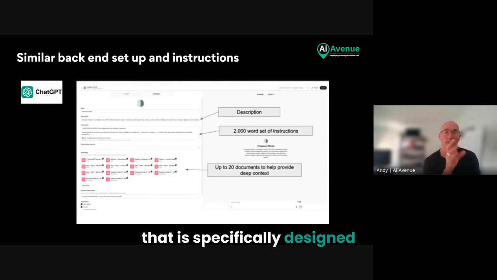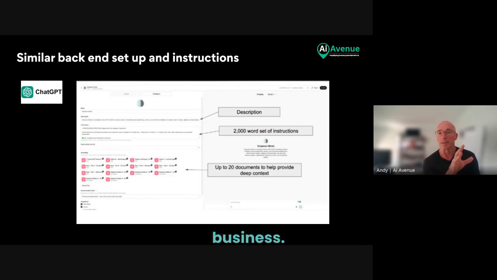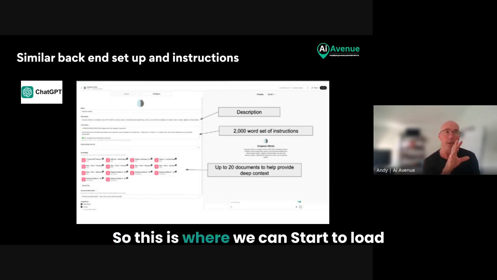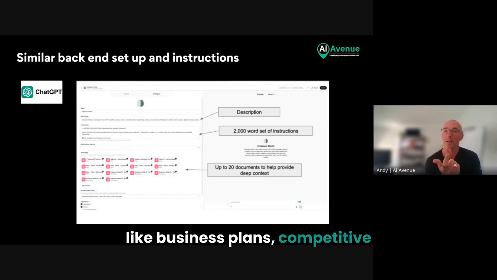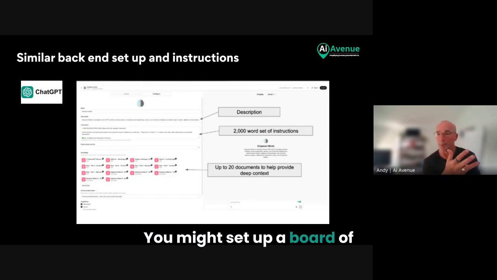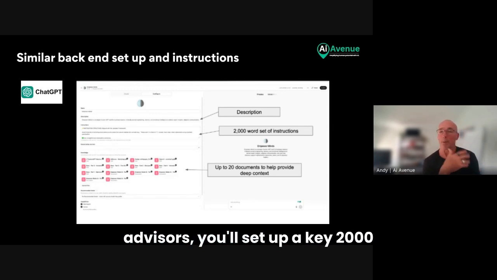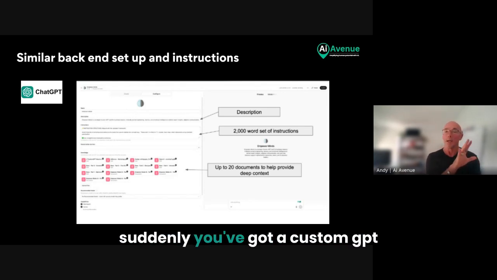That is specifically designed for you in the business. So, it might be a specific role in the business. This is where we can start to load 20 documents in about the business, and you might load things like business plans, competitive research, industry reports. You might set up a board of advisors. You'll set up a key 2,000 word set of instructions and a description, and then suddenly you've got a custom